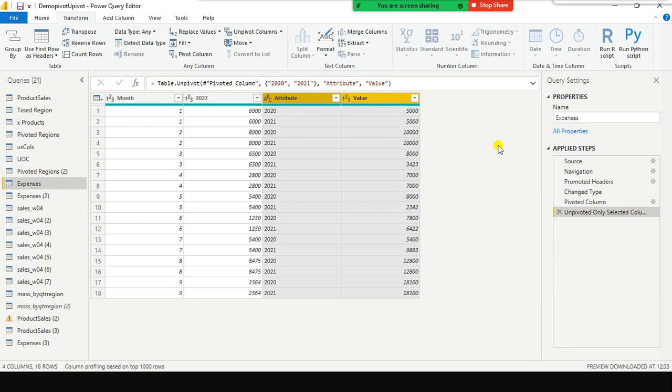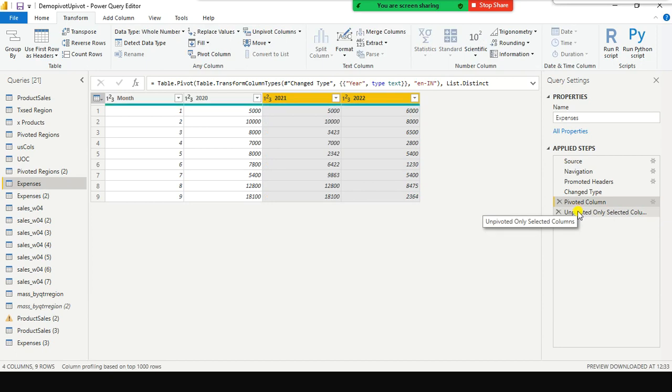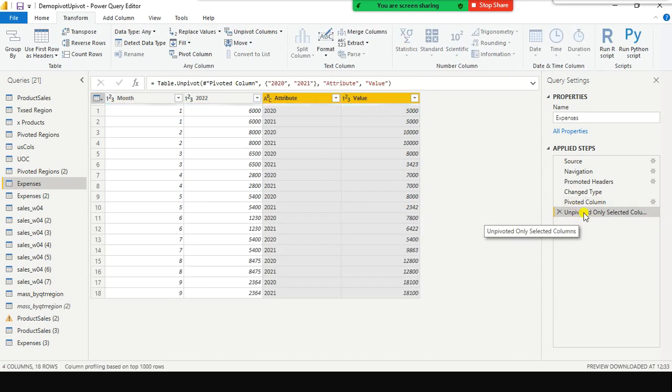So 2022, right? One second, what I did, the pivoted column was this one. I just selected these two columns, 2021 and 2022, and only those two columns got unpivoted. There are some situations, supposing you have month, quarter, and